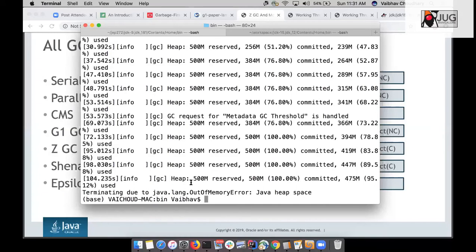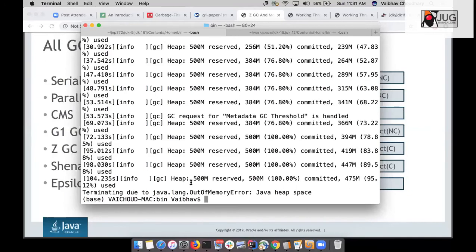The second thing is why it has been given to us, what we can do with the Epsilon, because it doesn't do any memory reclamation. So for example, I want to do a performance benchmark with my application, and I want to see what is the memory limitation of that application. But now in Java, GC is running underneath, and you won't be able to get that exactly, because you don't know how much GC has reclaimed back, and that is a bit complicated.